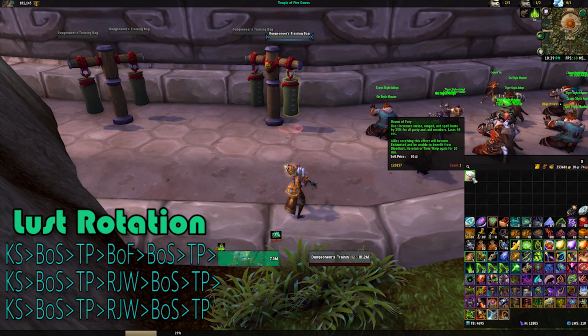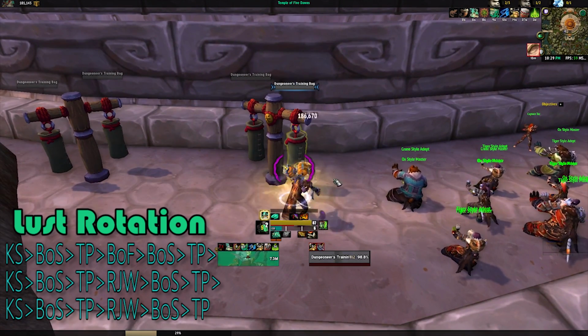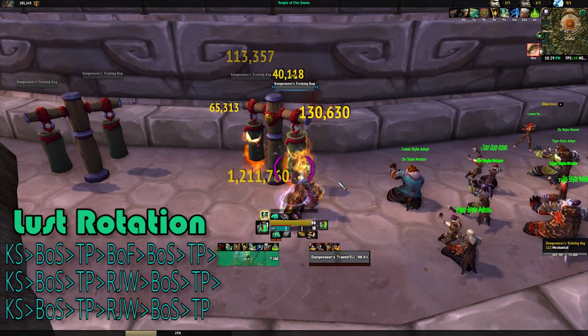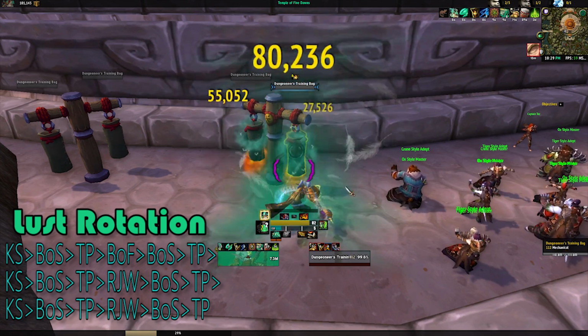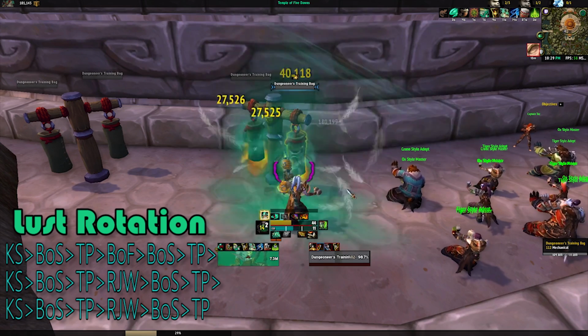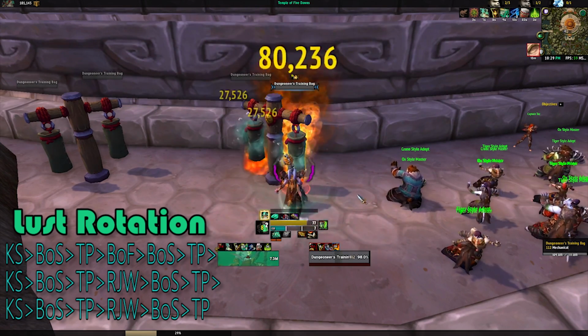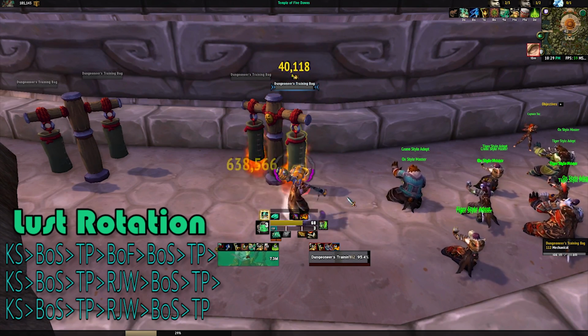And we're going to do this in 3, 2, 1. Drums of Fury, go in. Keg Smash, Blackout Strike, Tiger Palm, Breath of Fire for the debuff, Blackout Strike, Tiger Palm, Keg Smash, Blackout Strike, Tiger Palm, and then Rushing Jade Wind to get the debuff, Blackout Strike, Tiger Palm, Keg Smash, Blackout Strike, Tiger